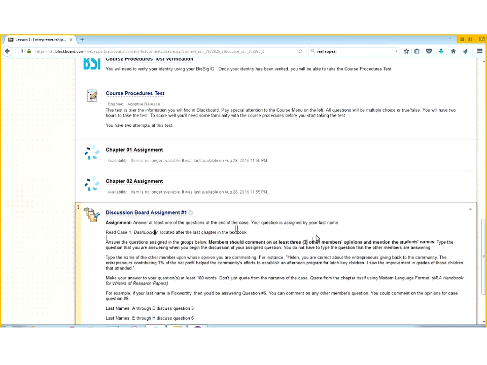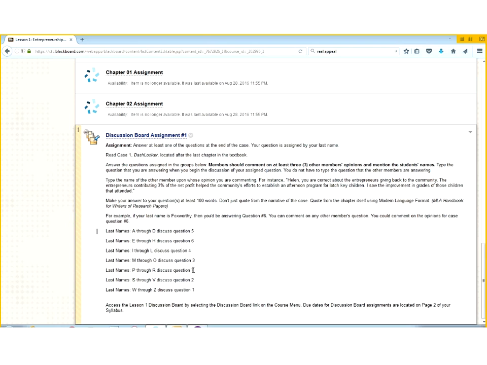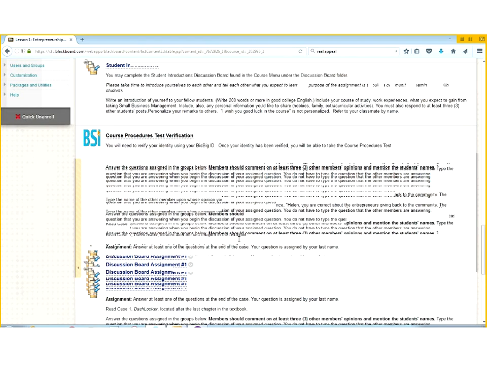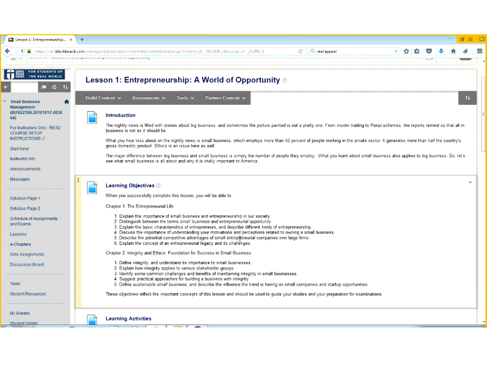So, let's go down and find out which question you answered. There are 7 questions. For instance, if your name is Mike Smith, your last name is Smith, so in Foot Locker, sorry, it's not Foot Locker, Dash Locker, you would answer question 2. The way that you answer it is you type the question and then you answer it. Then you go and respond to some of your fellow students who've answered other questions. This should get you well on the way. The only thing that I've forgotten is it's very important that you read the book.